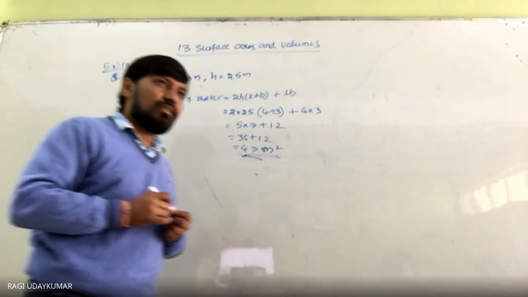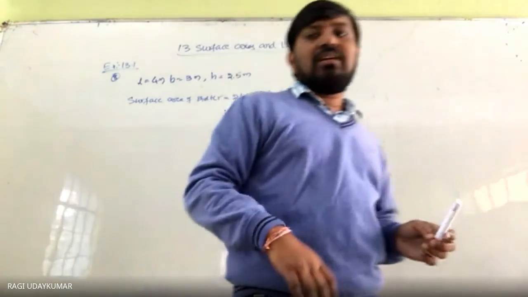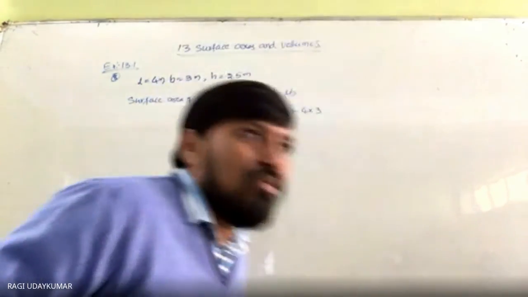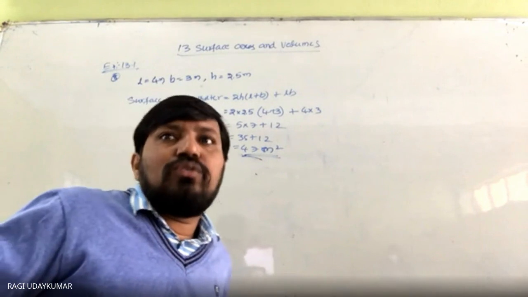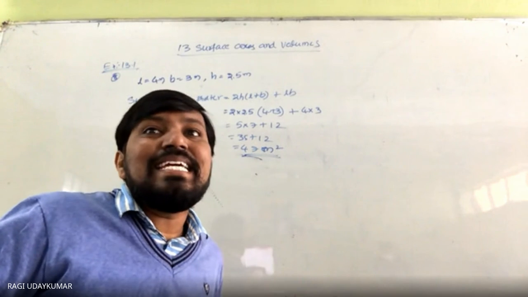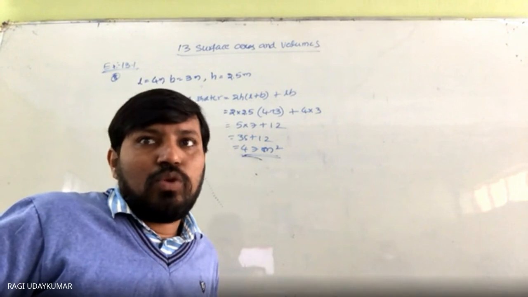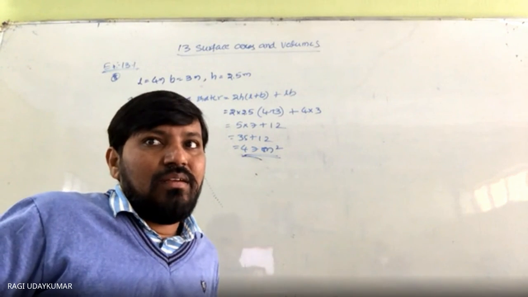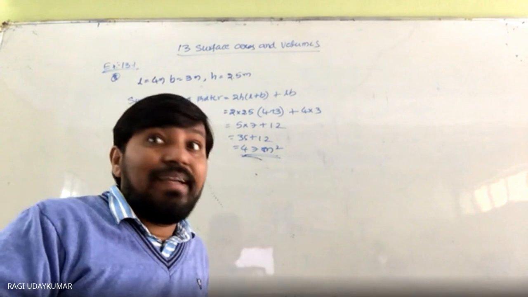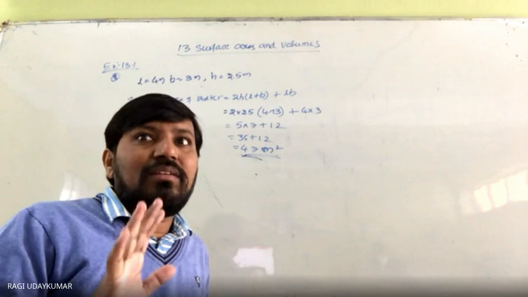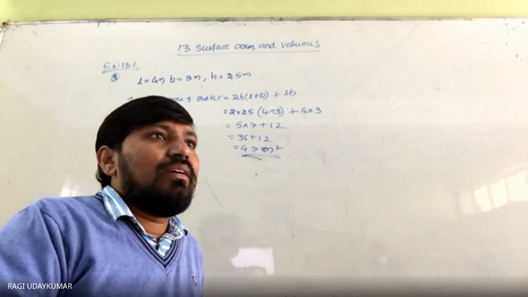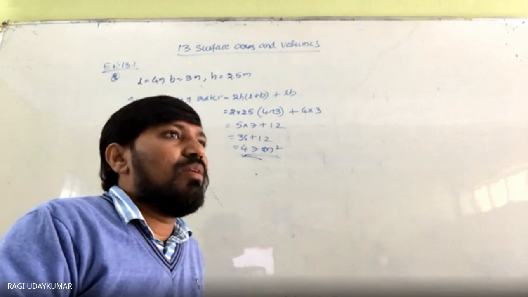Actually, in this exercise, only the seventh problem is difficult. Difficult is not the word, it's not even difficult. In this exercise, question number 3 is something different, because the perimeter is given to you and the total cost is given to you. Compared to that, the third problem is different and the seventh problem is lengthy.